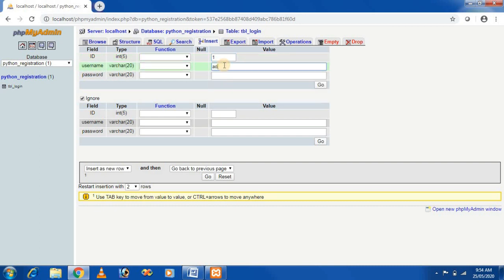For username, I am entering admin. Password is also admin. After inserting the data into the table, click on the Go button.